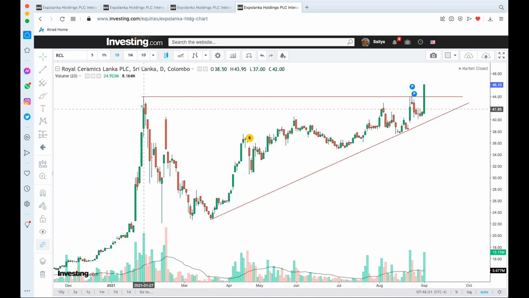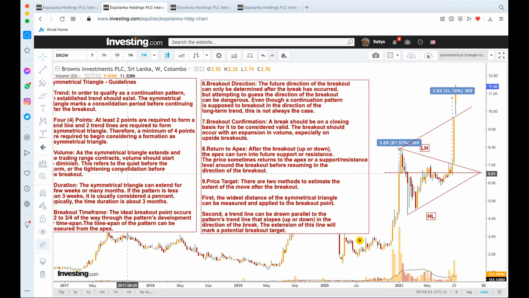The next day, the following day, the volume had to go up about 25 million to take it up to the next level. So the volume is very important when a breakout takes place. That's why, remember, it mentioned that when it comes to the volumes,